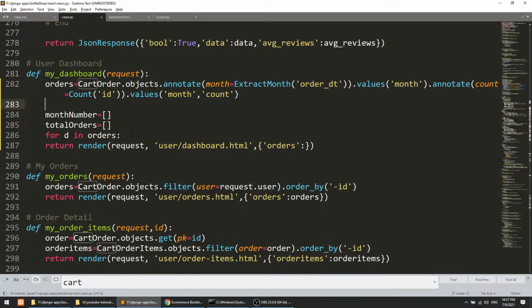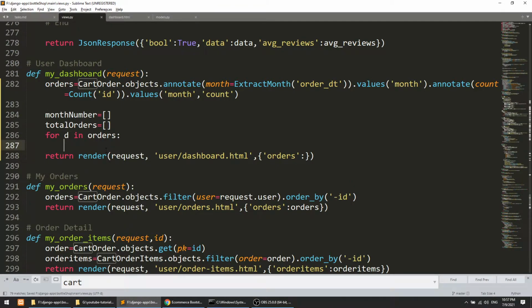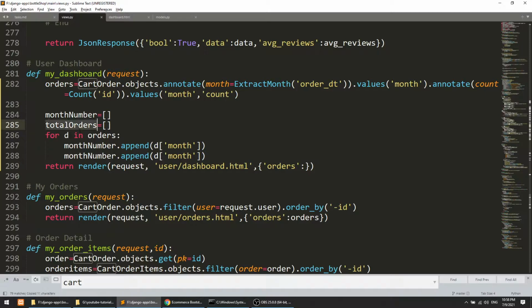Now I will append the data, d dot, and this will return the list values, and now in the total orders. Why am I doing this?